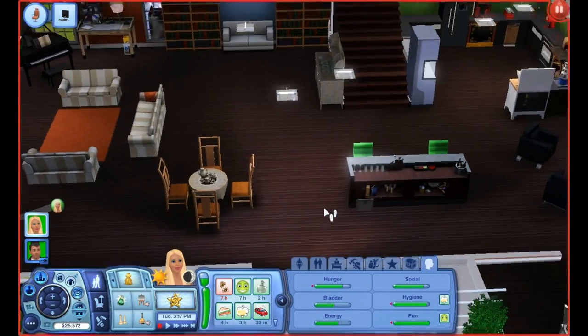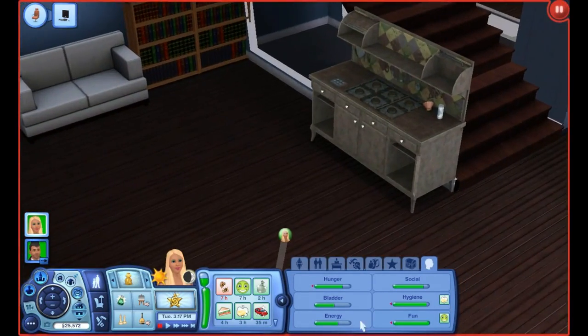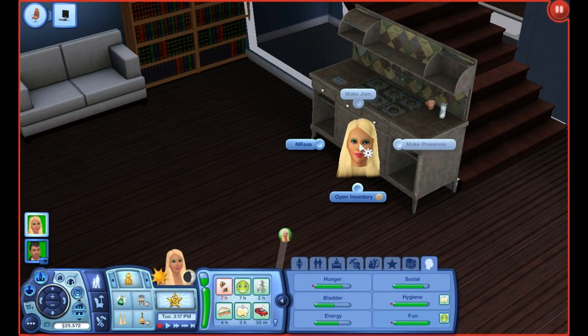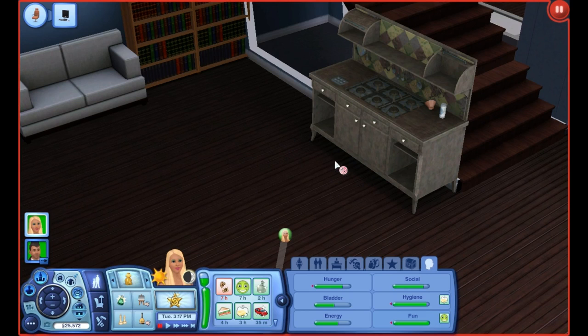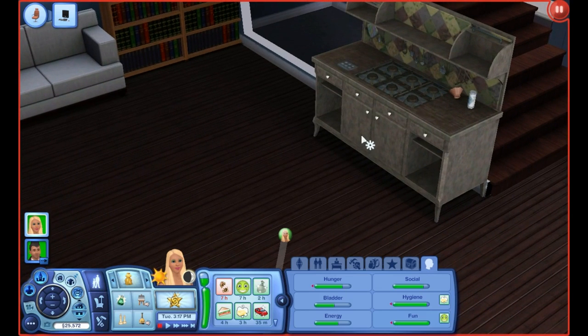So first of all, we have Grandma's Canning Station. What we can do, if you click on it, is make preserves, make jam, or open the inventory. Now, to make preserves and jam, you have to have 3 fruits in there. It says to make preserves, you have to have 3 items of the same kind in the canning station. And then to make jam, you have to have 3 items of the same type, okay? So if you open the inventory,